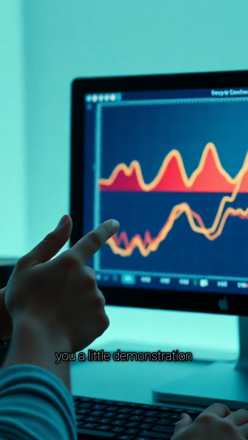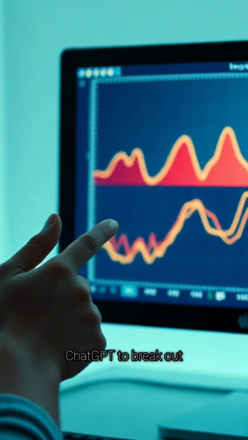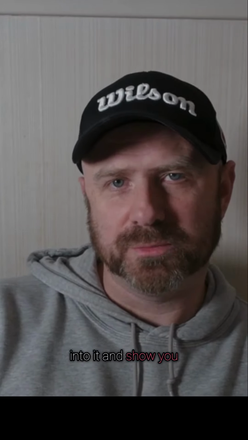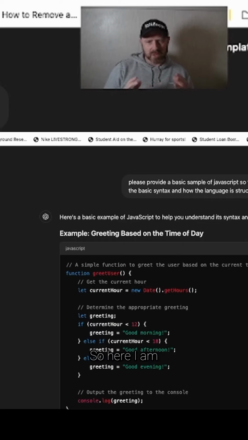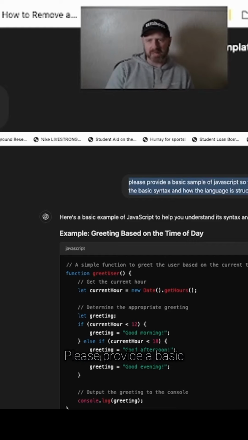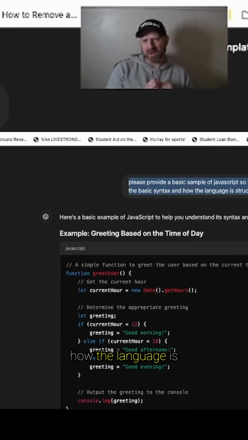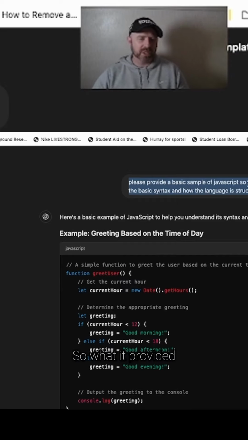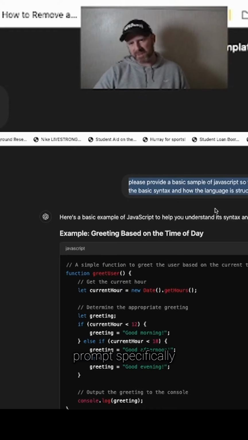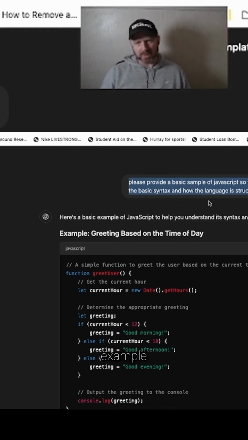I'm going to show you a little demonstration of how I've used ChatGPT to break out a better understanding of JavaScript. So let me get into it and show you. So here I am inside of ChatGPT, and this is the prompt that I used. Please provide a basic sample of JavaScript so that I can understand the basic syntax and how the language is structured. So what it provided me was, and I chose that prompt specifically because I wanted this basic example that